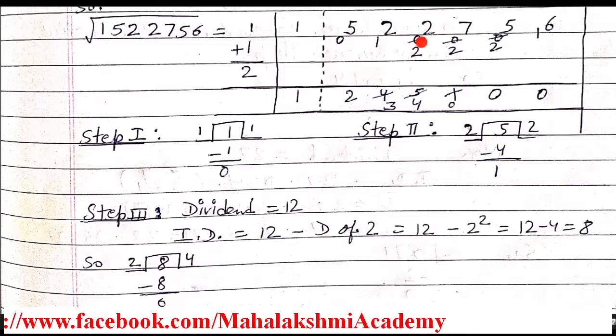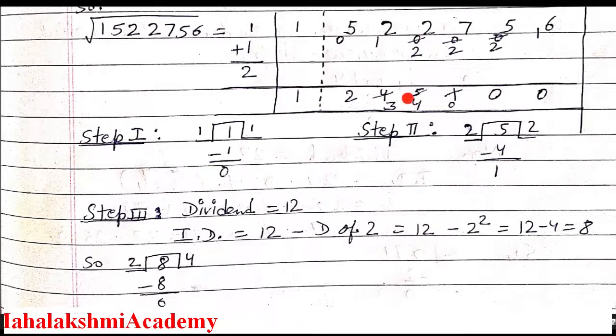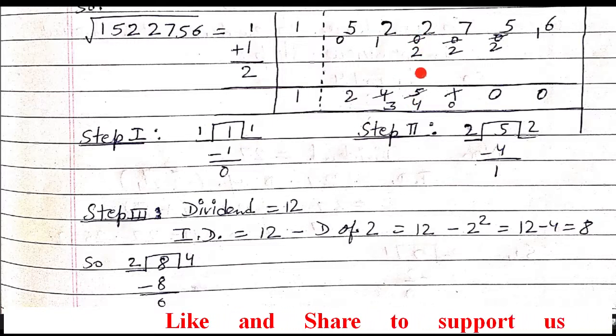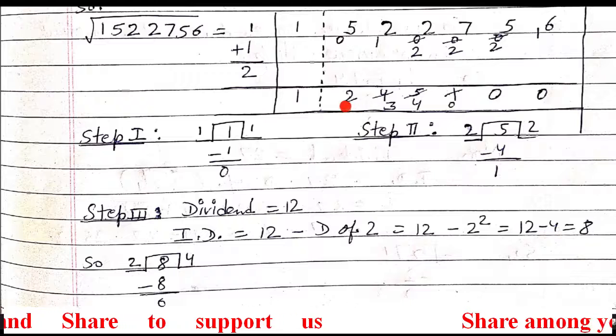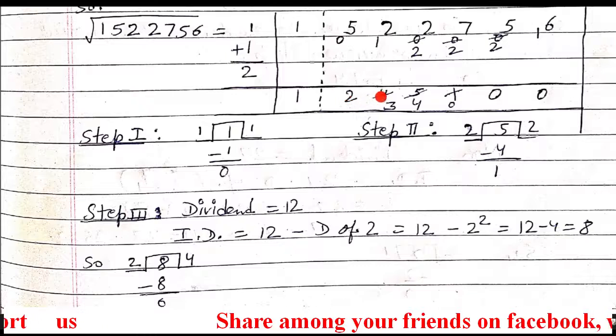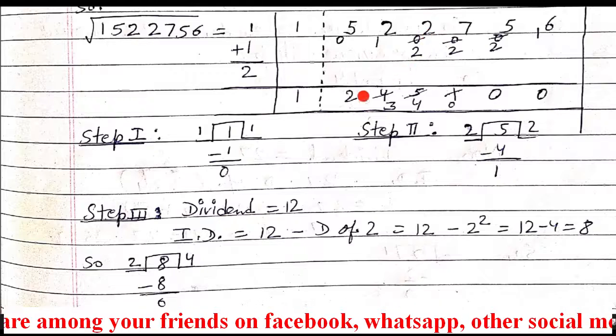And improved dividend is, think that you have drawn a line here, and before this line and after the dotted line what number you have? 2 and 4. This cross 3 will come afterwards. Just now we are up to 4 only. So here what we have? Only 4. Cross 3 will come afterwards. So after drawing the imaginary line, just imagine in your mind that you have drawn a line. Then before the line and after the dotted line, the numbers which we have is 2 and 4. So we have to do Dvandva of 24. So to improve dividend, 2 minus D of 24.